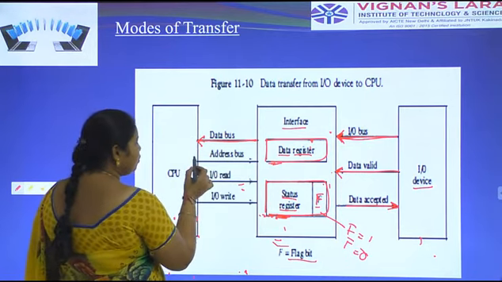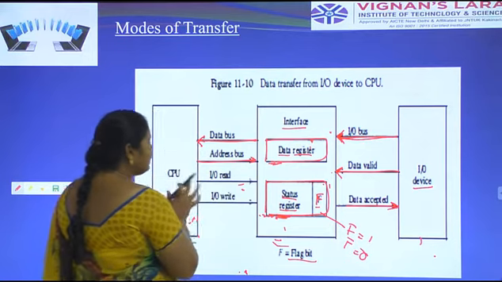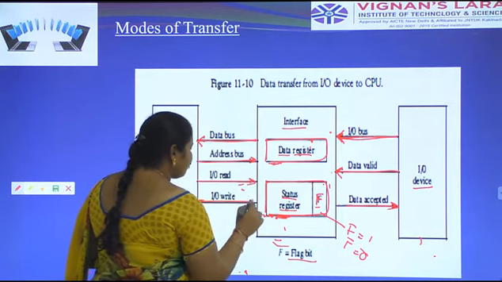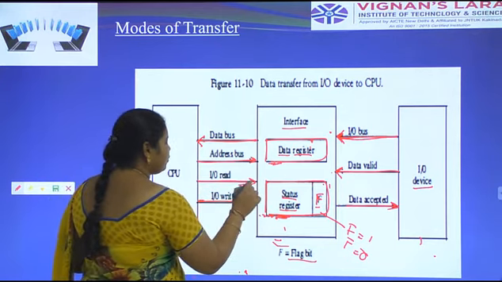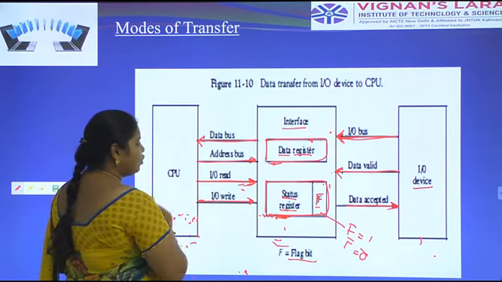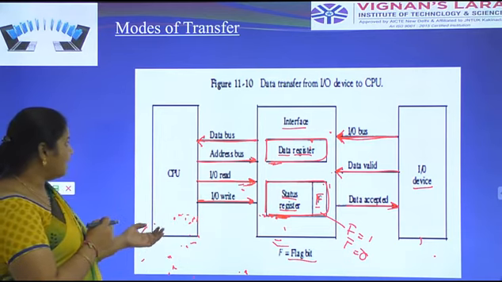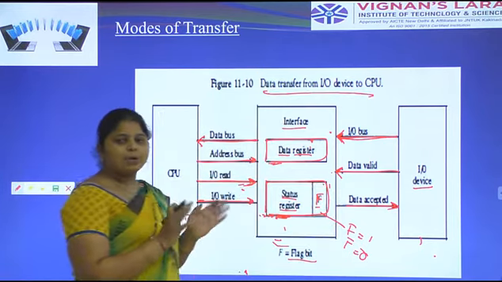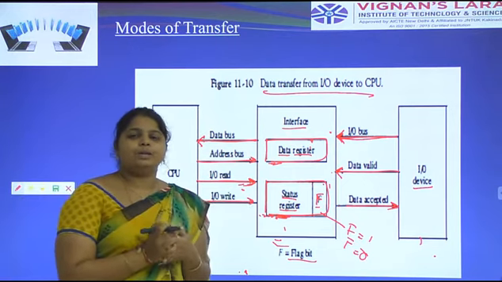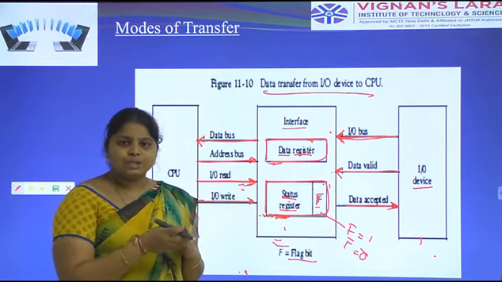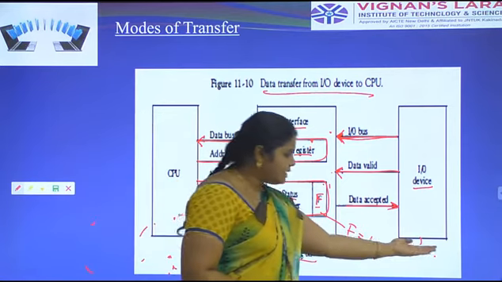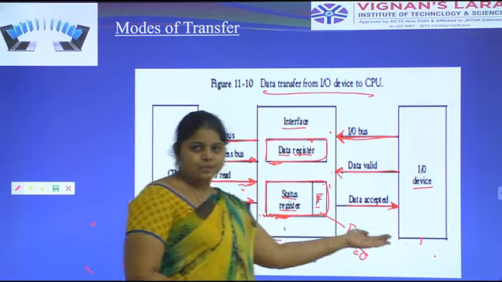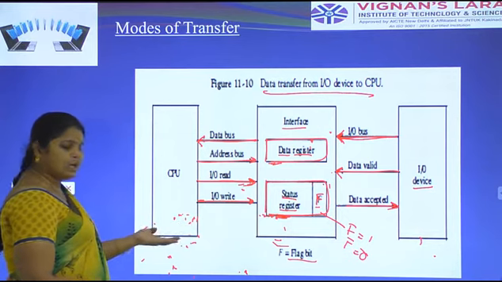The CPU sends the address of where the data is located through the address bus. This is IO read and this is IO write. IO read means the input output device is read, and IO write means the input output device is written. Here this is the CPU. The data is transferred from IO devices to the CPU. Programmed IO means the programmed input and output devices transfer the information to the CPU like this. With the help of the keyboard, mouse, and monitor, we transfer information to the CPU according to these requirements.